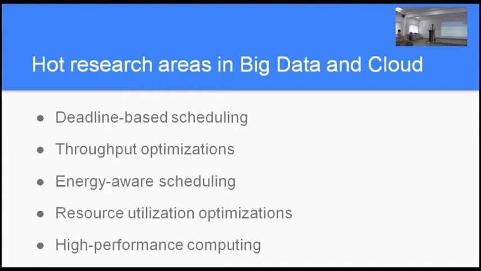But here, the resources are multidimensional. You're not just looking for processing cores. You're looking for memory. You're looking for disk I/O and new things. Maybe you're looking for network bandwidth too. All of these are resources that are shared in a cluster. The applications can interfere with each other.